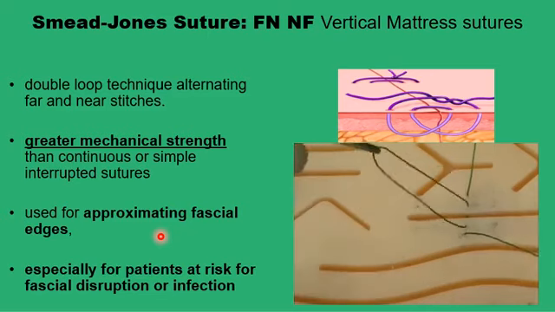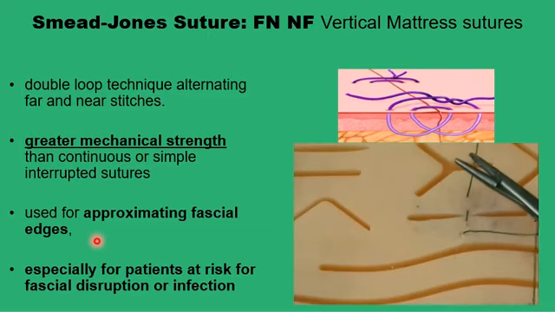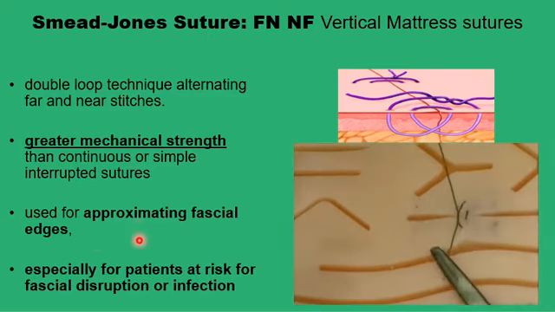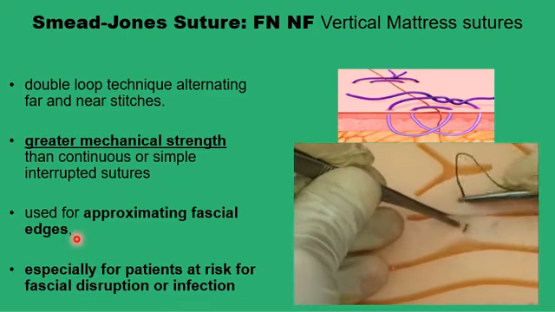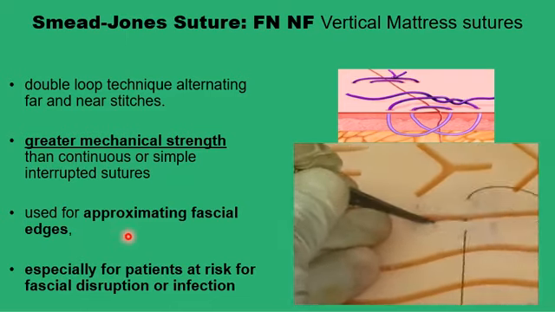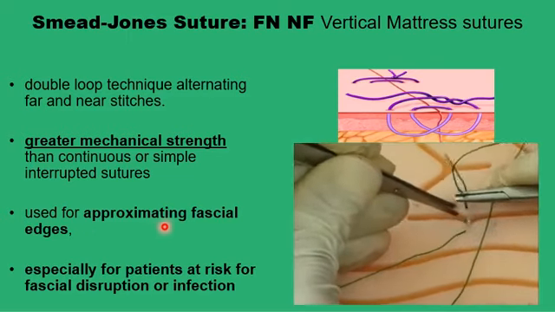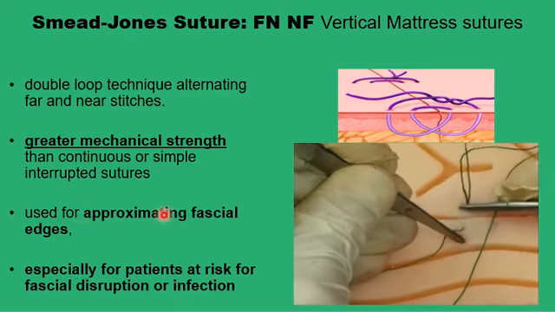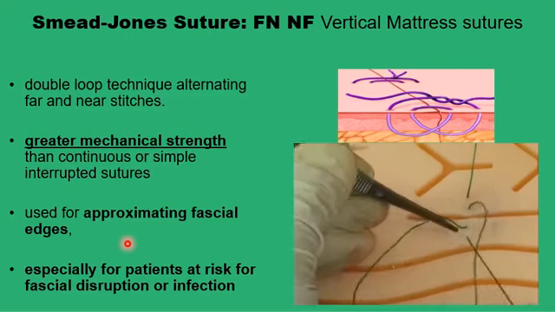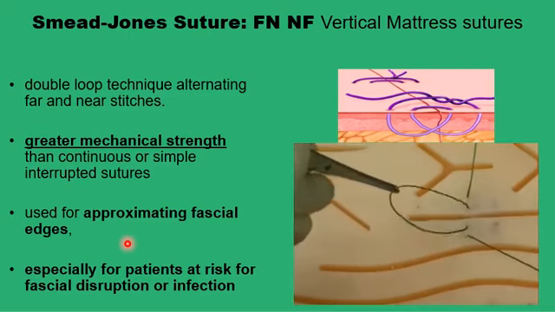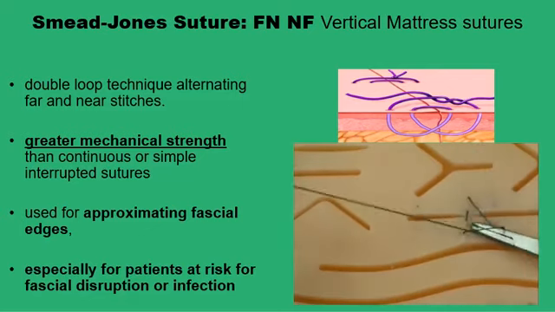So you start from the far on the initial side, go to the near on the opposite side, then again to the near on the initial side, and end up with the far on the opposite side and tie the knot. You will have two exposed loops of the suture strand. One is smaller and deeper, and the other is larger and more superficial, and this is going to invert or at least prevent the wound from eversion